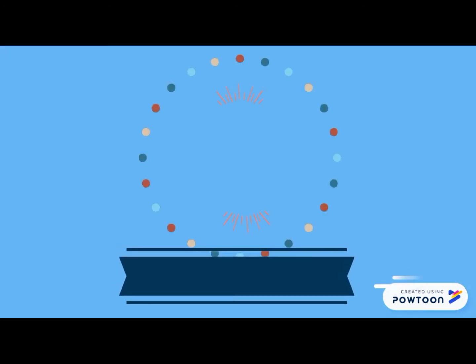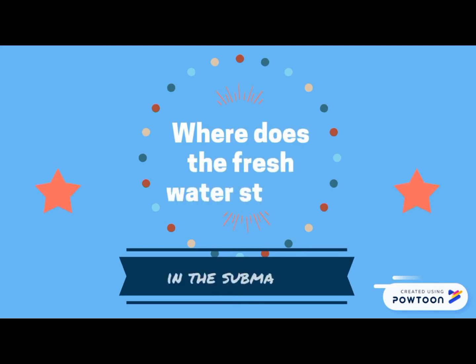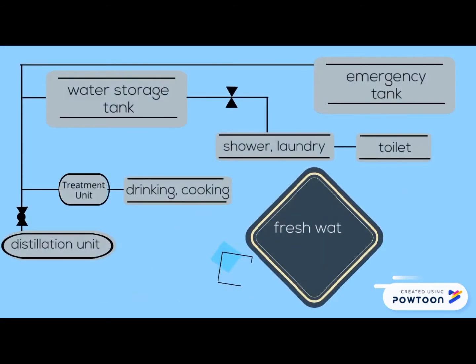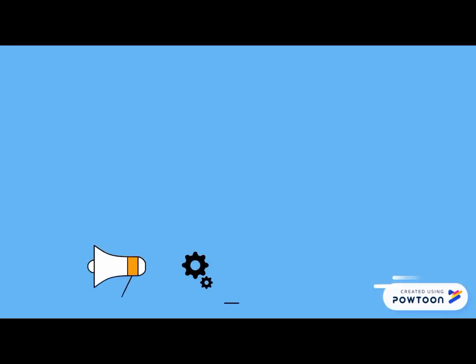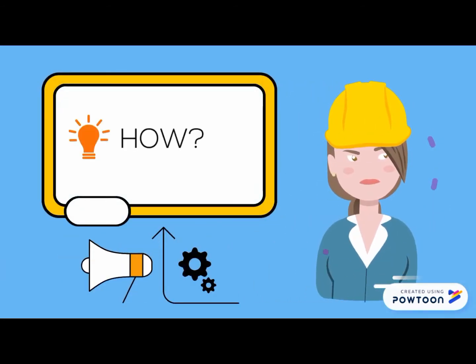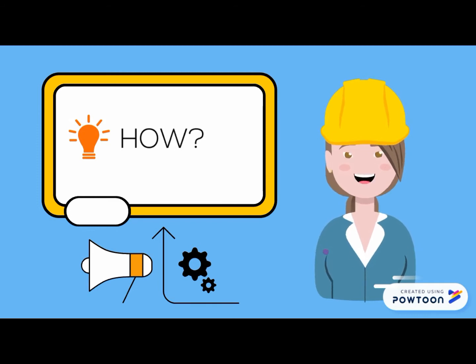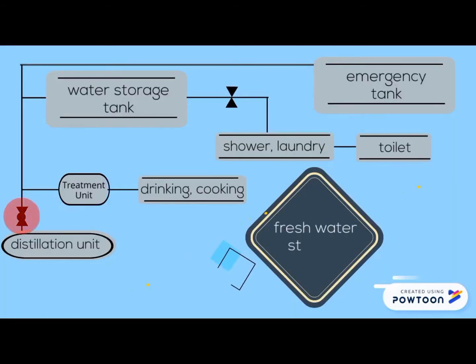So, have you wondered where the freshwater will be stored? The freshwater will be stored in a tank called the water storage tank. From the distillation unit, the fresh water will be pumped to the water storage tank. Along the way to the water storage tank,